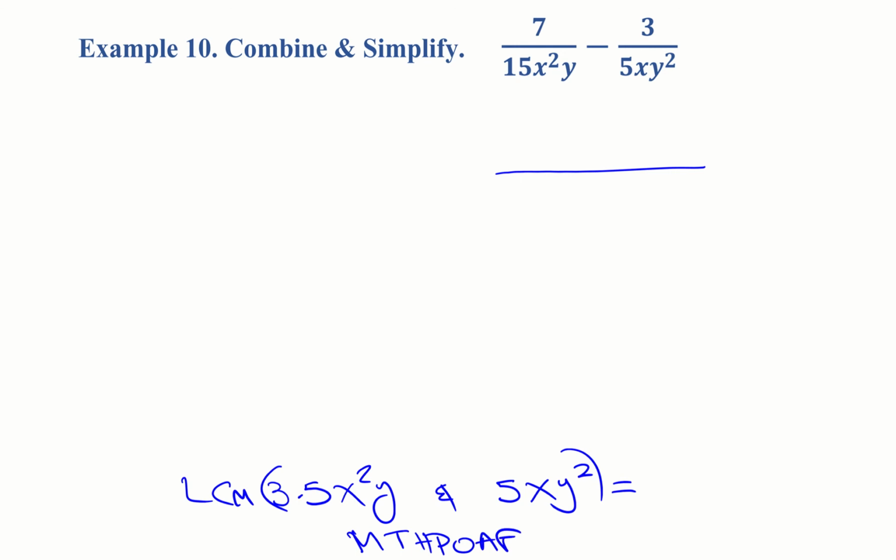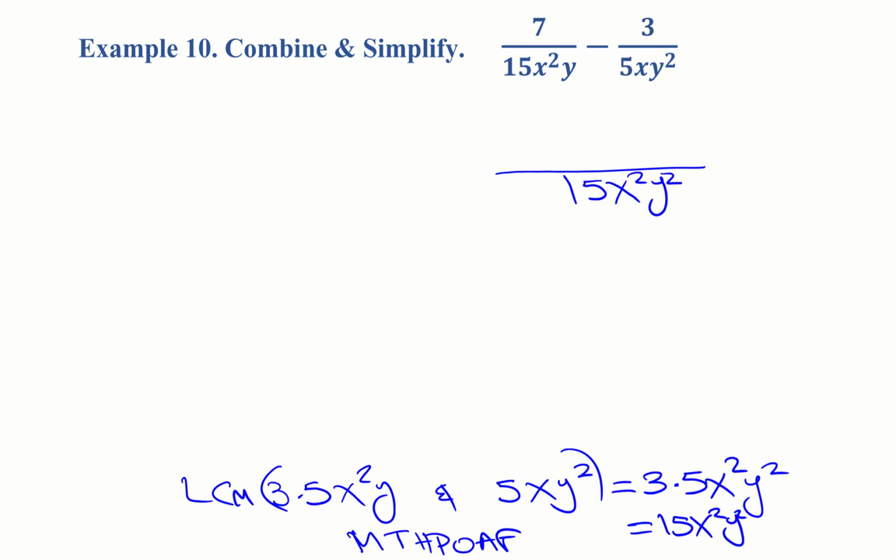So what's the highest power of 3 that we see? Just 3. What's the highest power of 5 that we see? Just 5. What's the highest power of x? X squared. Highest power of y? Y squared. So there it is, multiply it out, 15 x squared y squared. That's going to be the